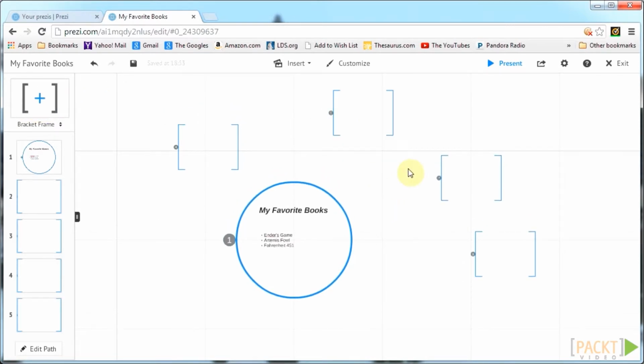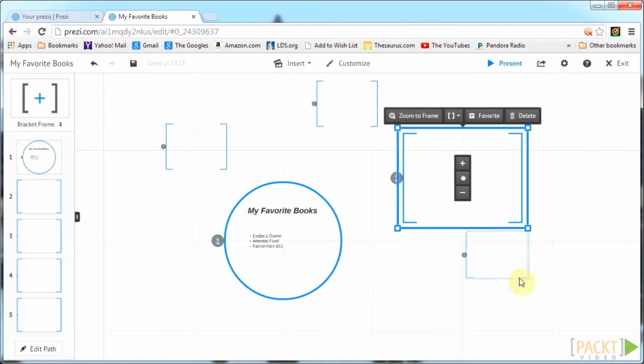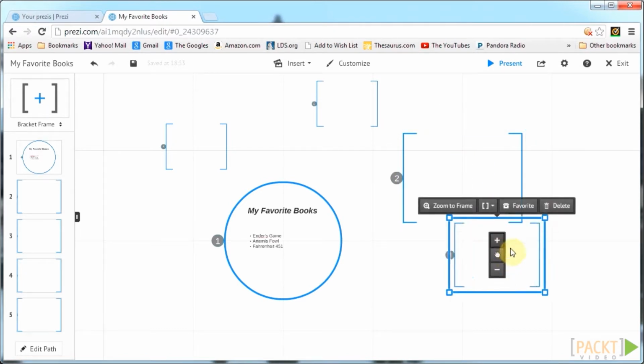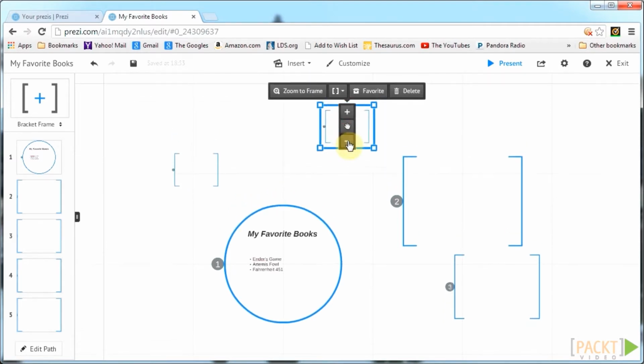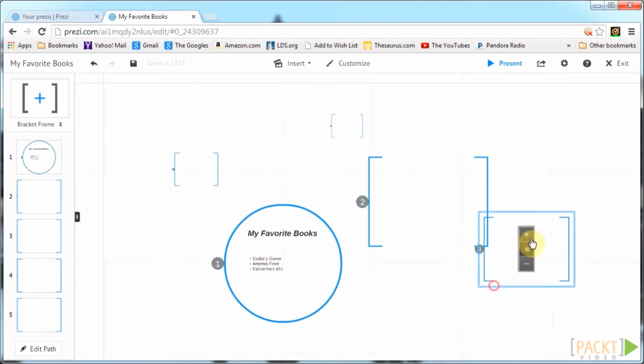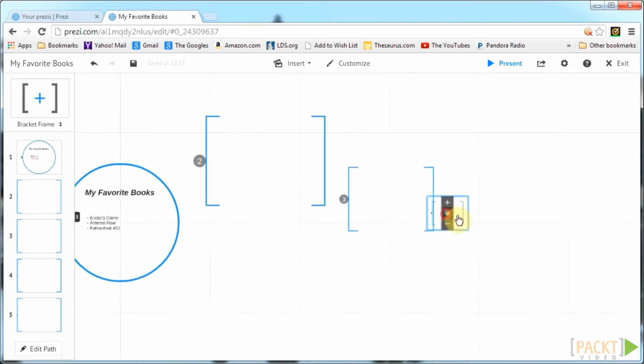Now let's start using the transformation tool to tweak the size and positioning of our frames. In this case, I want the second frame to be quite large, and then each one after it to be sequentially smaller. Then I'm going to reposition the frames so that the path hops from frame to frame rather than going all